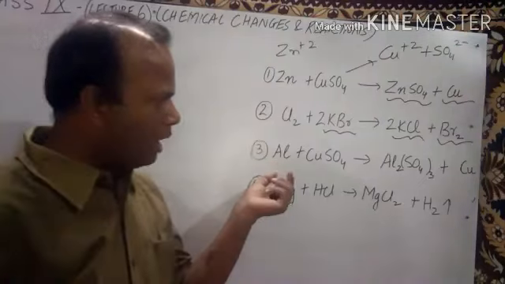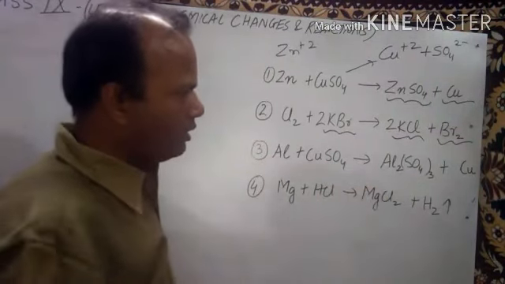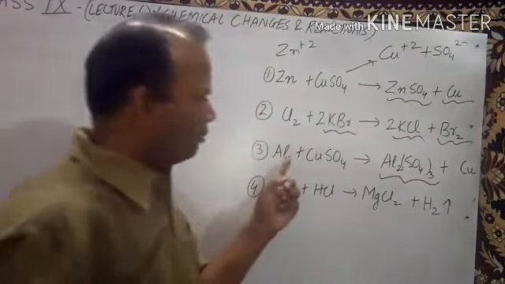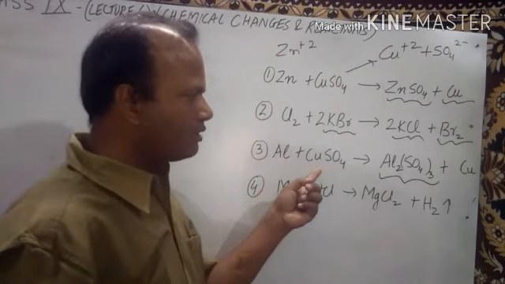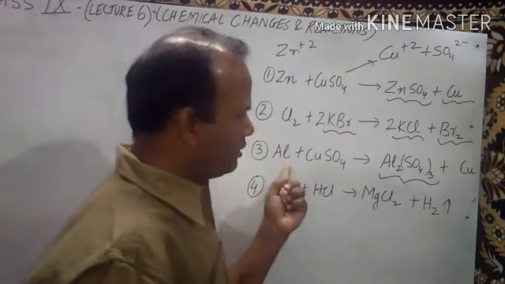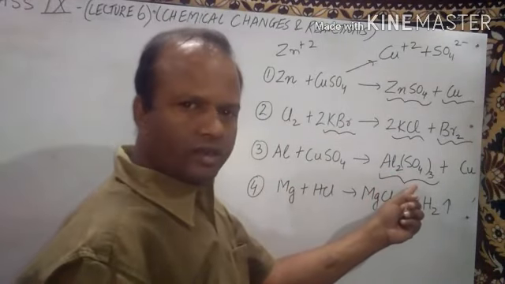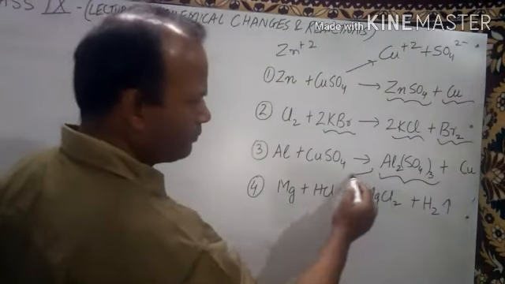Now the third is aluminium with copper sulfate. See why this reaction is important: aluminium is more reactive, it is above copper in the reactivity series, and it is displacing, taking the place of copper here. And how is this formula written? This formula is written by considering the valency of aluminium,